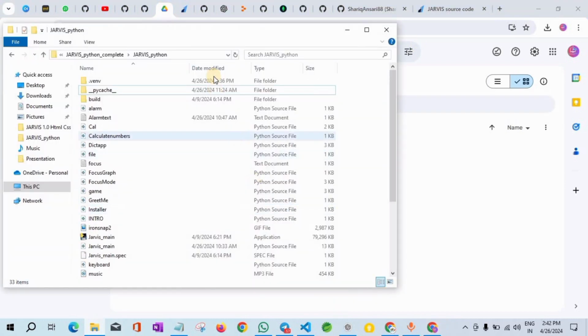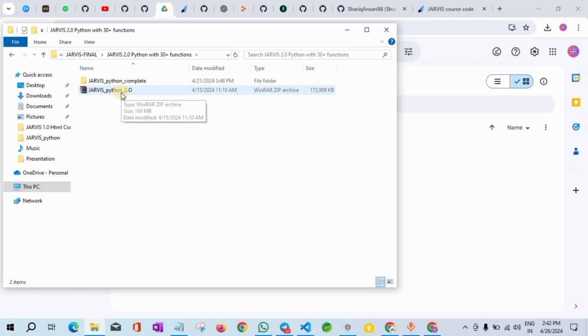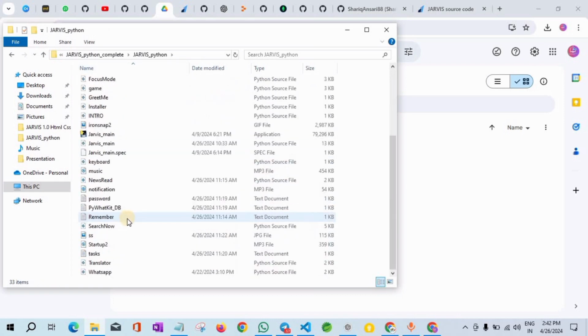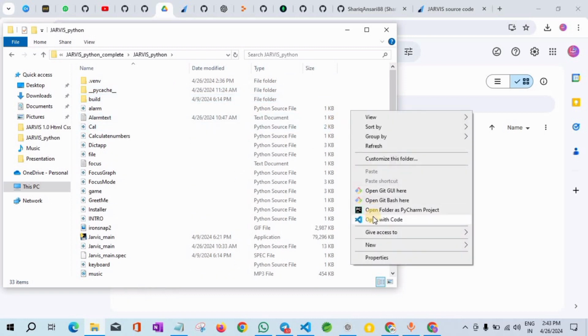Okay, so after downloading that project from there, you will get one file by the name Jarvis Python 2.0. So you have to simply extract this file. After extracting, you will get this type of folder, and you will get all these files in your folder. So what you have to do is simply right click here and open this in code. Okay, if you are not getting the option to open in code, let me tell